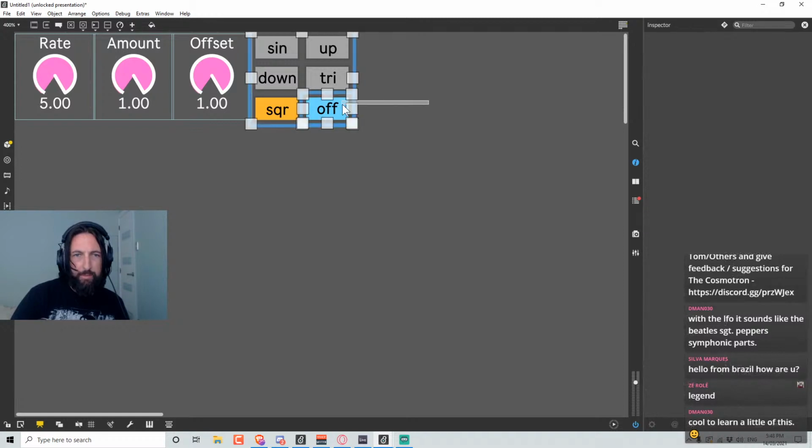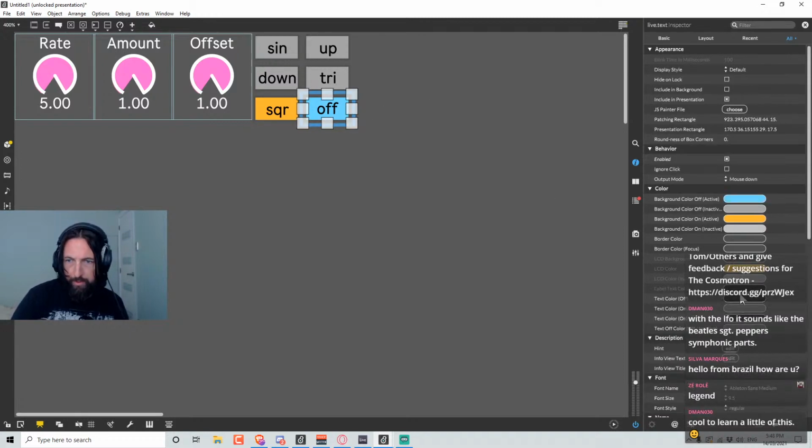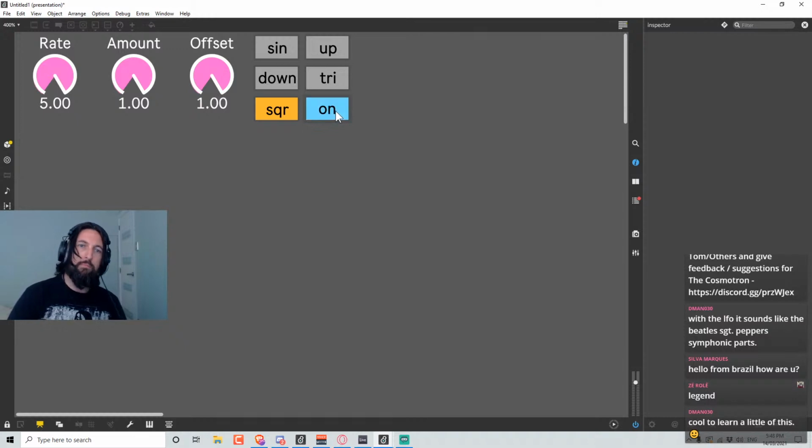I mean, I'll do all the color scheme stuff later, but just for now, just so we've got some kind of consistency. Now if we go white, blue. Looks okay.